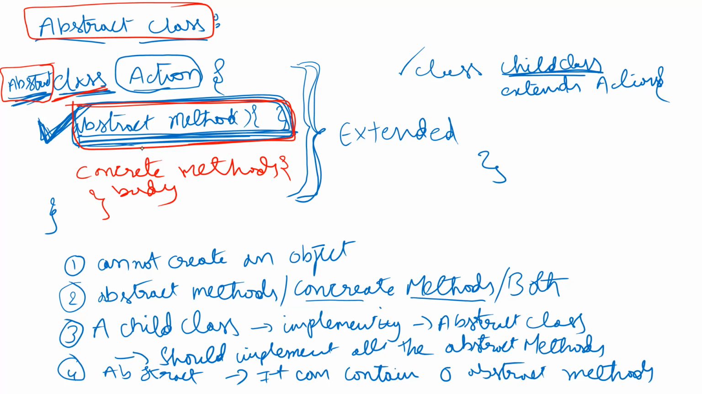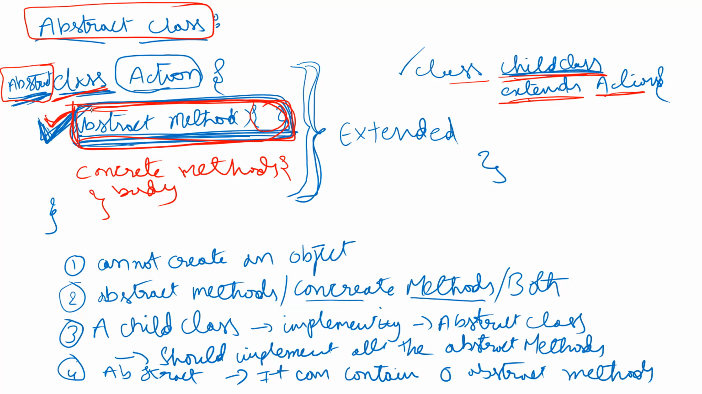And what is an abstract method? An abstract method is a method with no body. We don't provide any body for the abstract method. So how do we get the functionality for this abstract method? We should have another class which extends this abstract class, and in this child class we have to implement